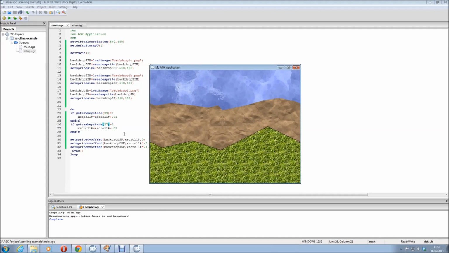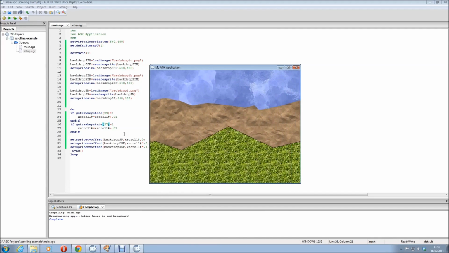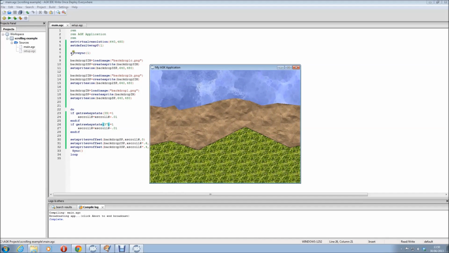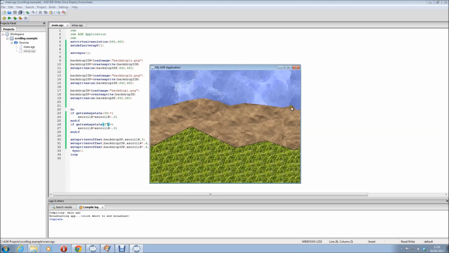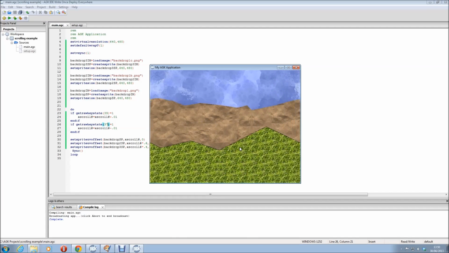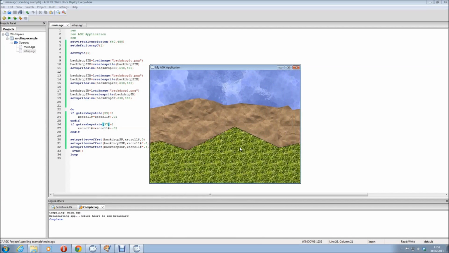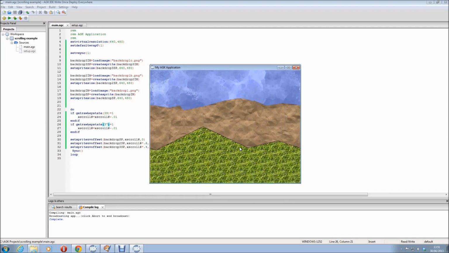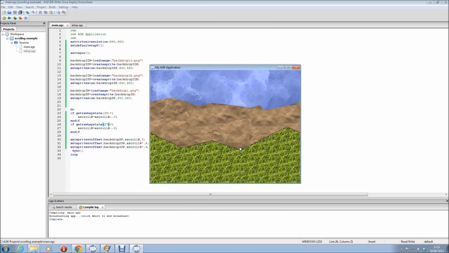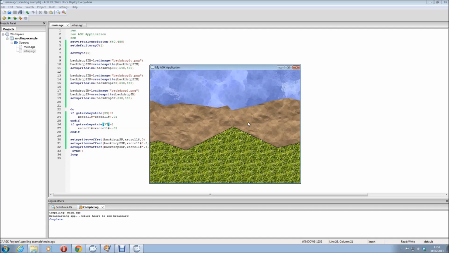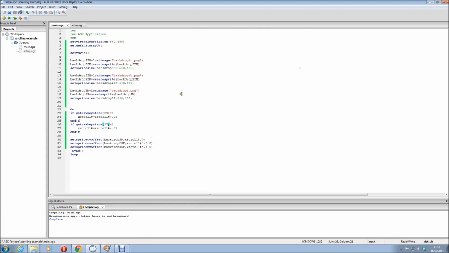Now the only problem of course is it's always the same image. As soon as this part here goes across to the left, it's going to come across to the right. So it's okay, it's good enough for some games. But you may want to use a different technique for something like R-Type or whatever. You'd need more images than just these simple ones, but it gives you the basic idea of how to do